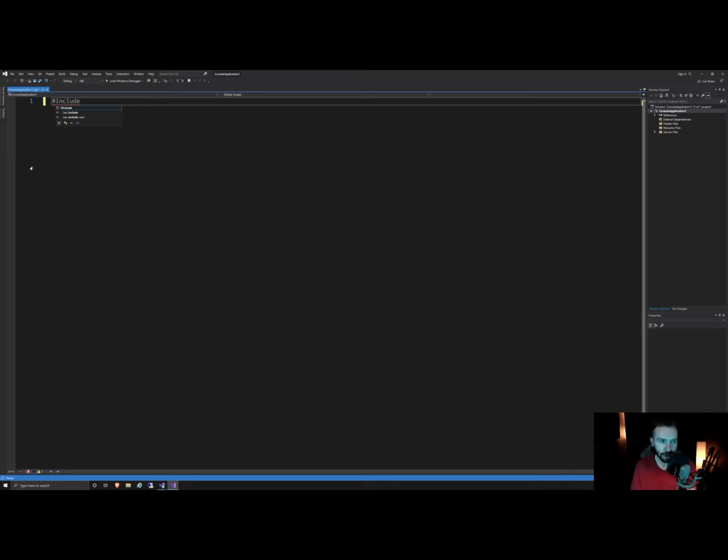Hashtag include, less than sign, greater than sign. If you type the less than sign in Visual Studio, it'll automatically put the greater than sign. And inside of that, we're going to type iostream. So hashtag include space iostream. Hit enter to go to the next line. And then type using space namespace space std semicolon, just like that. Go another line or two down, and then type int main